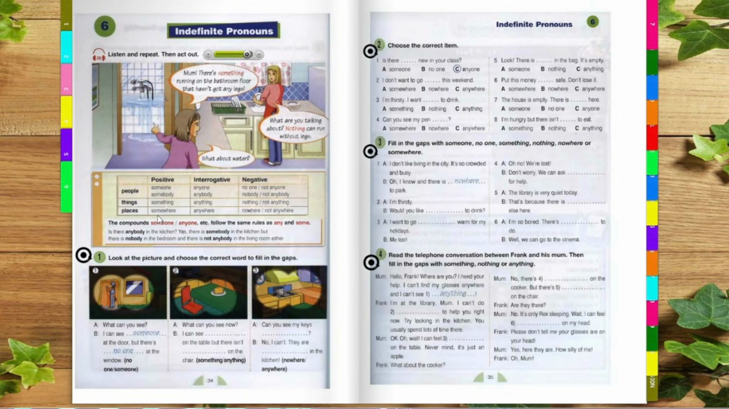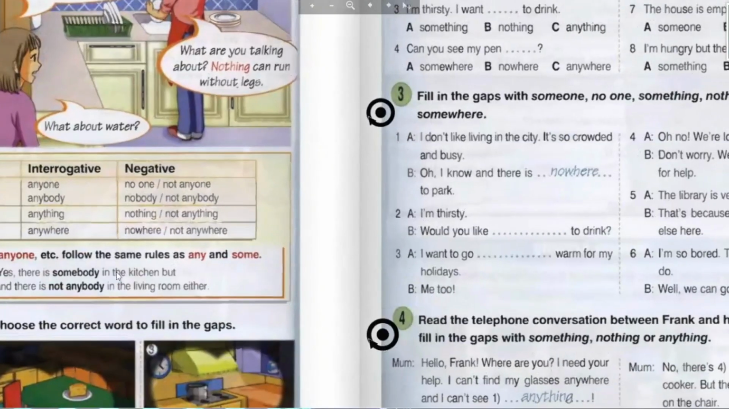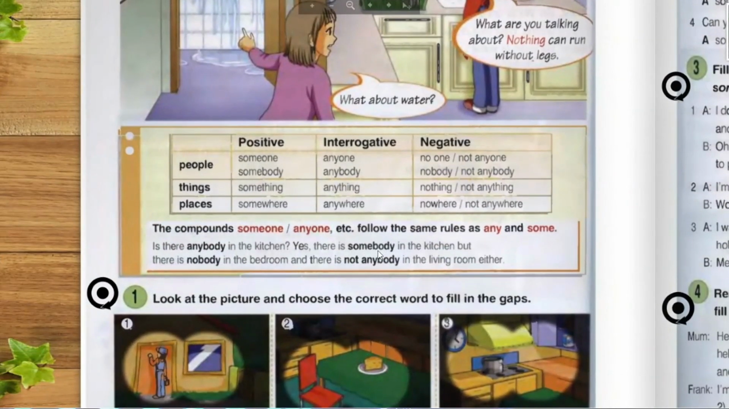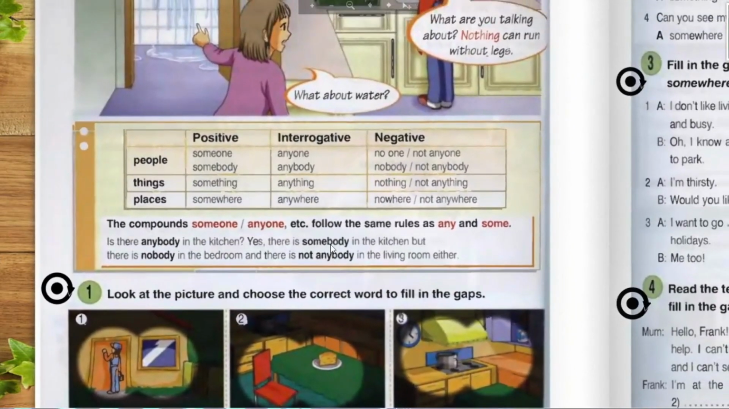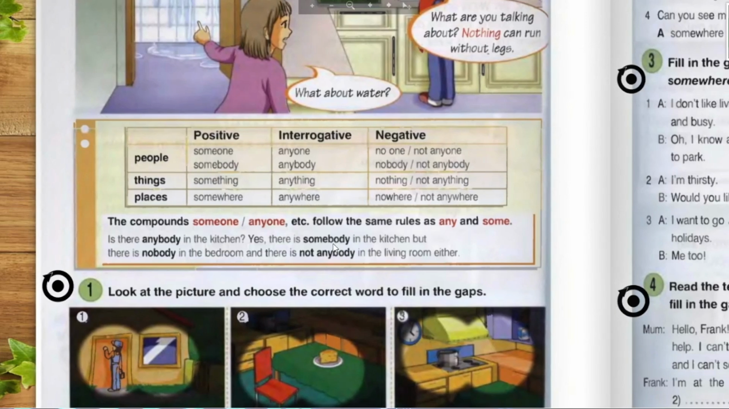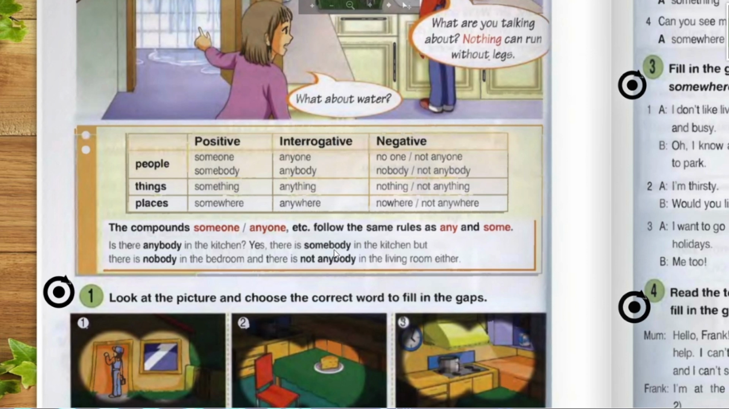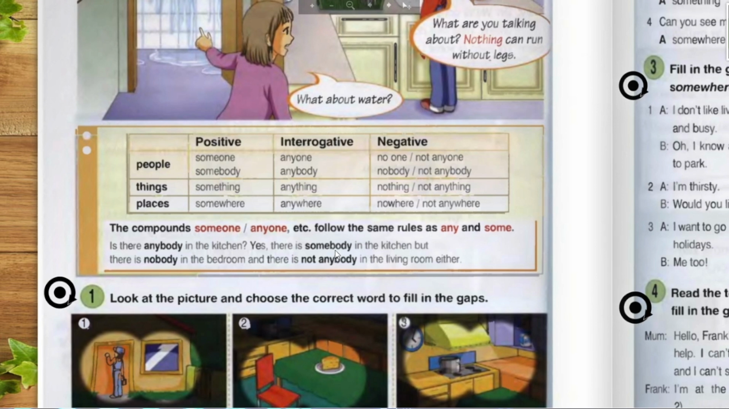Okay, we have done it. So let's take a look at the grammar. So we know that indefinite pronouns are about people, things, or places. For example, in positive form, we need to use someone, somebody, something, somewhere. In interrogative form, we need to use anyone, anybody, anything, and anywhere. In negative form, we need to use no one, not anyone, nobody, not anybody, nothing, or not anything, nowhere, or